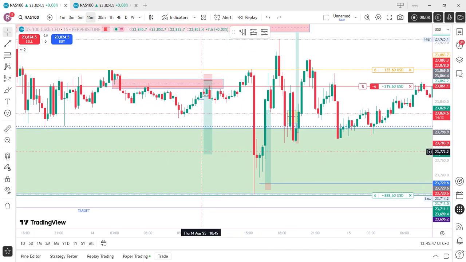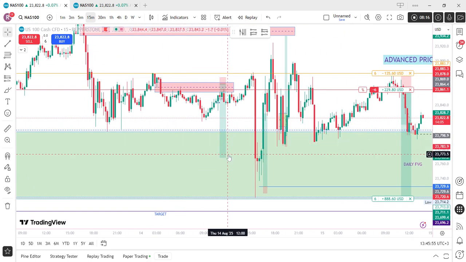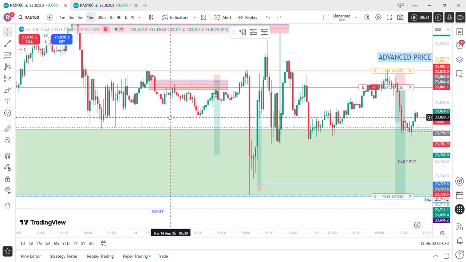When I was selling here, I knew price was gonna be going low, but I just wanted to be safe because it might hit the consequent encroachment and just reverse back after taking liquidity here. But that's why I put my take profit here. And also, according to my rules, it is 1 to 11R on Nasdaq most of the time. So